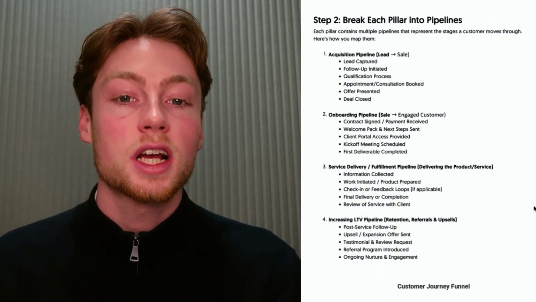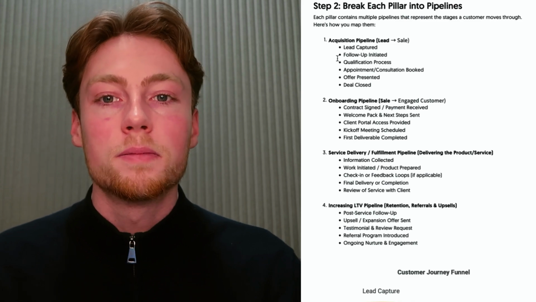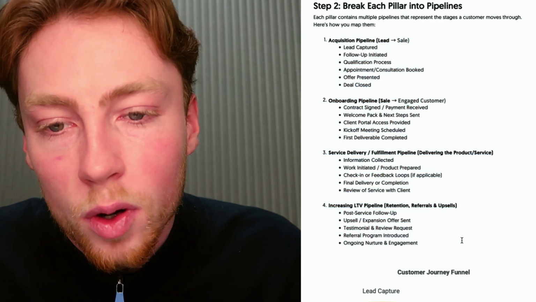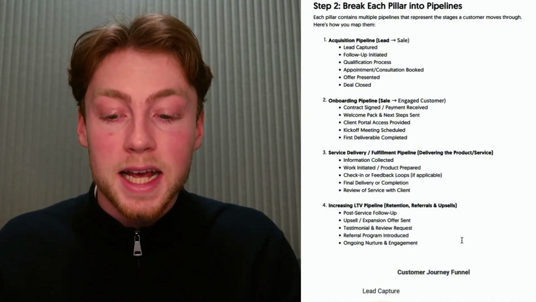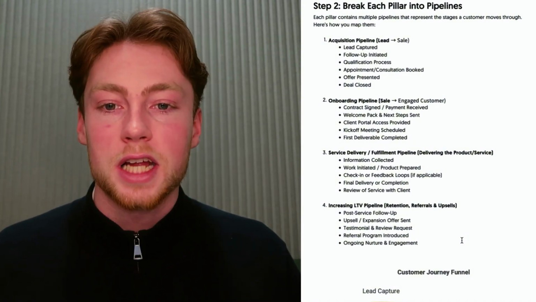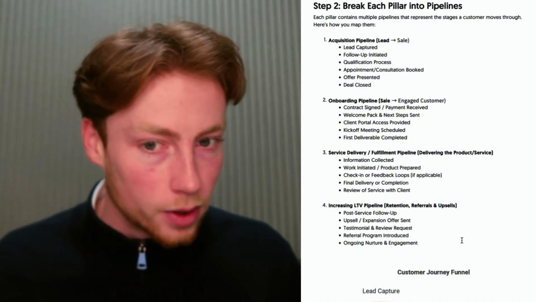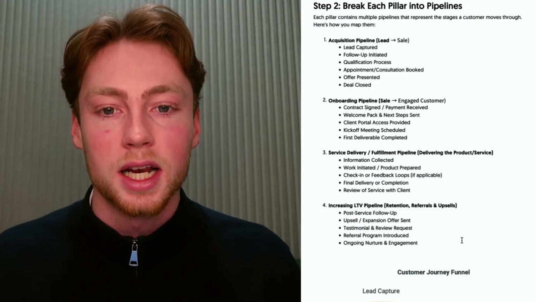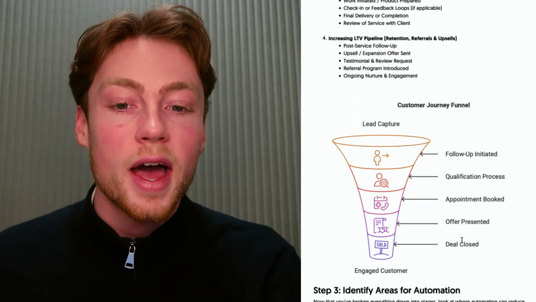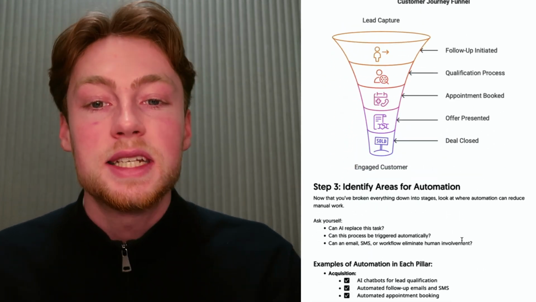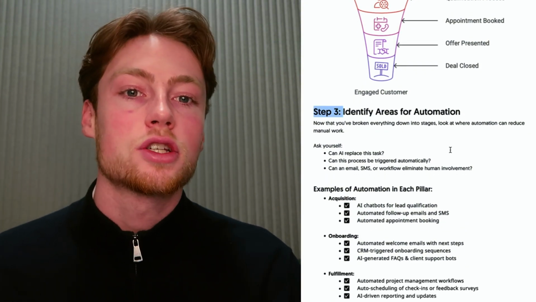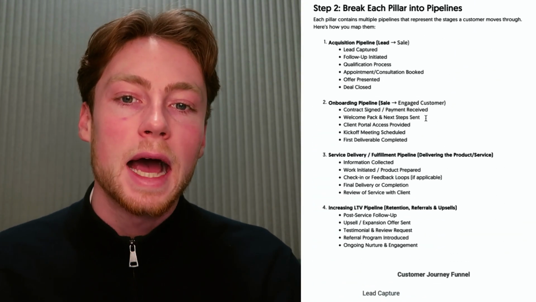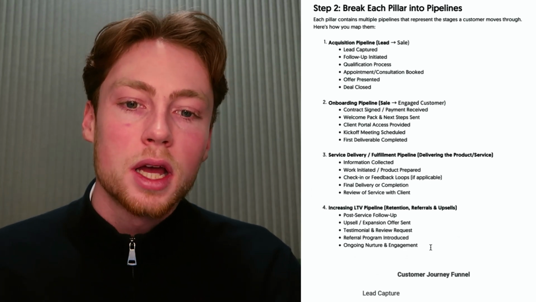But once you've done this, you will have a clear idea of, potentially in this case, 5 times 4, 20 steps to my business. Okay, we've actually mapped it out step by step. What are the different steps a customer goes through from the very start when they come in to the very end when they leave? Okay, now that we've got that, we're actually in a position to identify areas for automation, which is our step 3. Now, this is crucial because if you look at all of these steps,